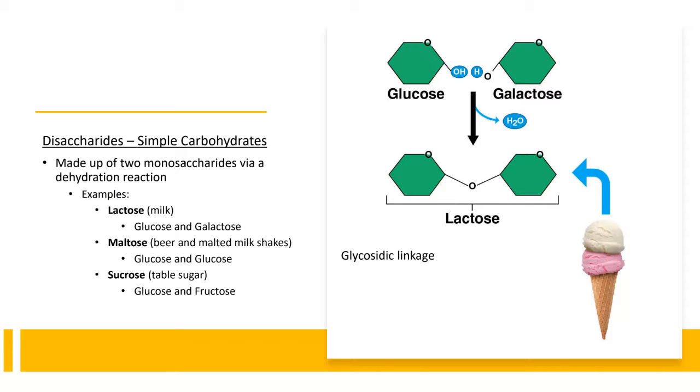Disaccharides, another type of simple sugars or simple carbohydrates. Now, di means two, right? So a disaccharide is nothing but two monosaccharides joined together via a dehydration reaction. And if we look over here, we see that a monomer, glucose,